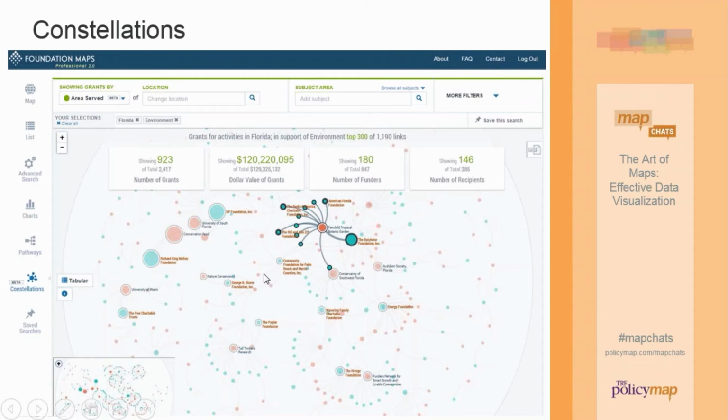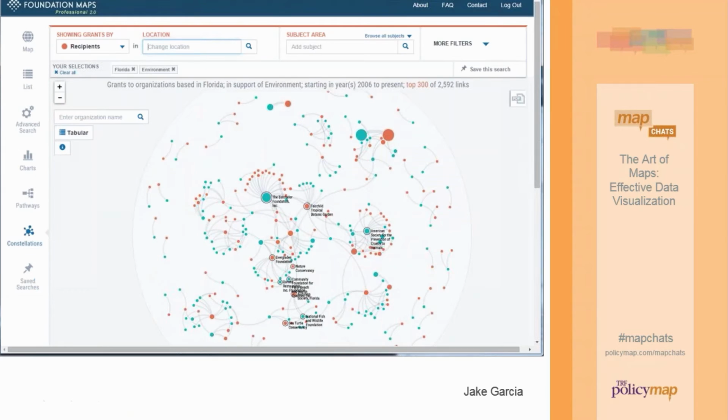And this is actually what funders are particularly interested in. This is another one, Florida and the environment, kind of zoomed out. You can see that it looks like a constellation, like there's a little universe. You can imagine all the program officers being at the same cocktail party, and then over here, these guys weren't invited or weren't interested or something. It's not literally the way it works, but this shows